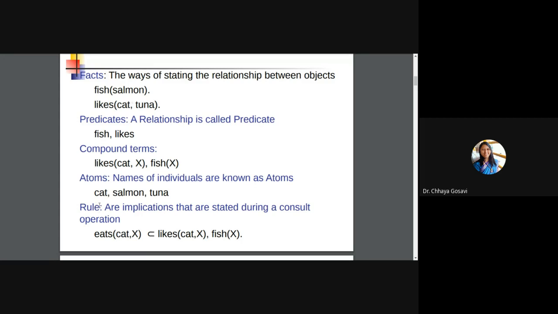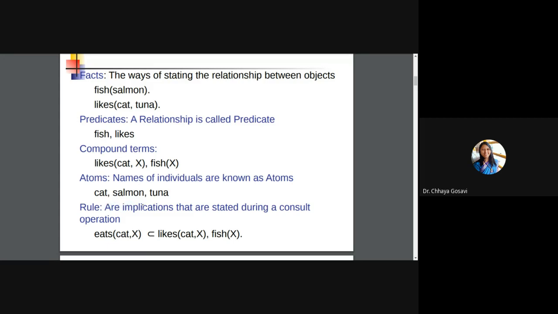And what are the rules? Facts are statements that are true, so that is in the database. And rules are where we create a new relationship from existing relationships. So you know that cat likes fish or cat likes milk, you know that X is a fish, and then you create a new relationship from the existing relationships. That is called a rule.